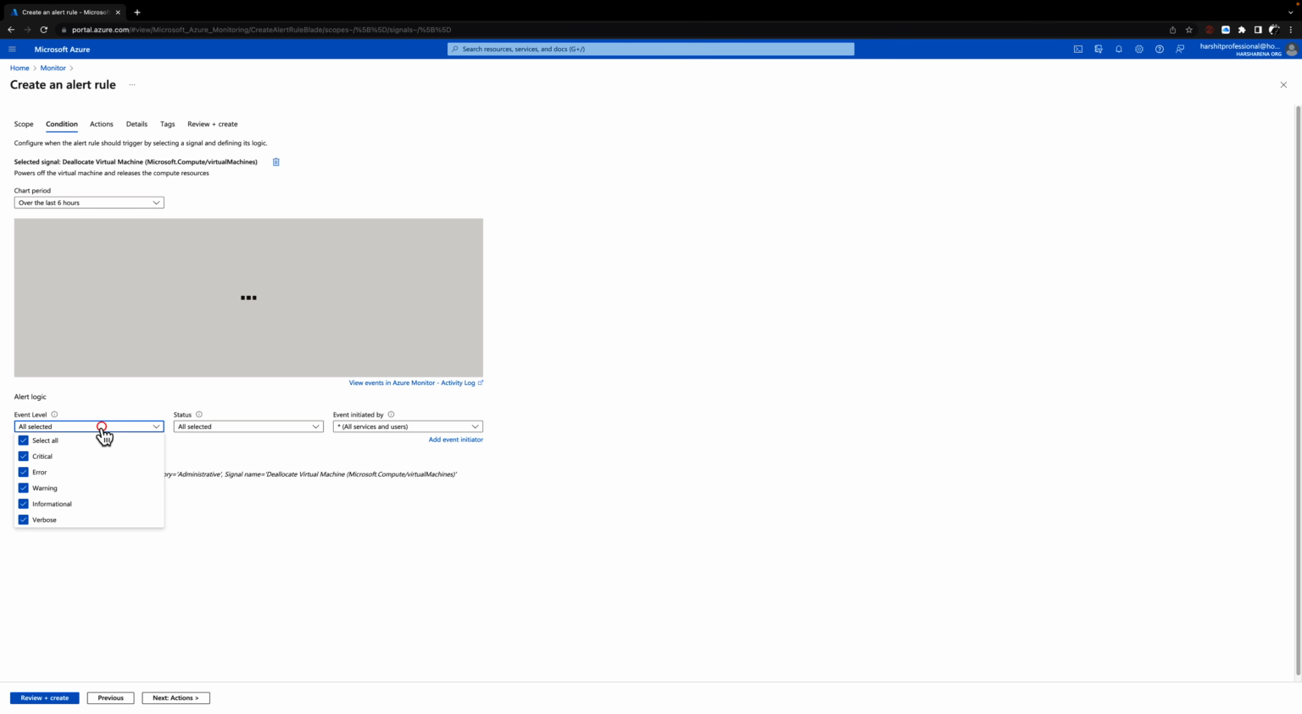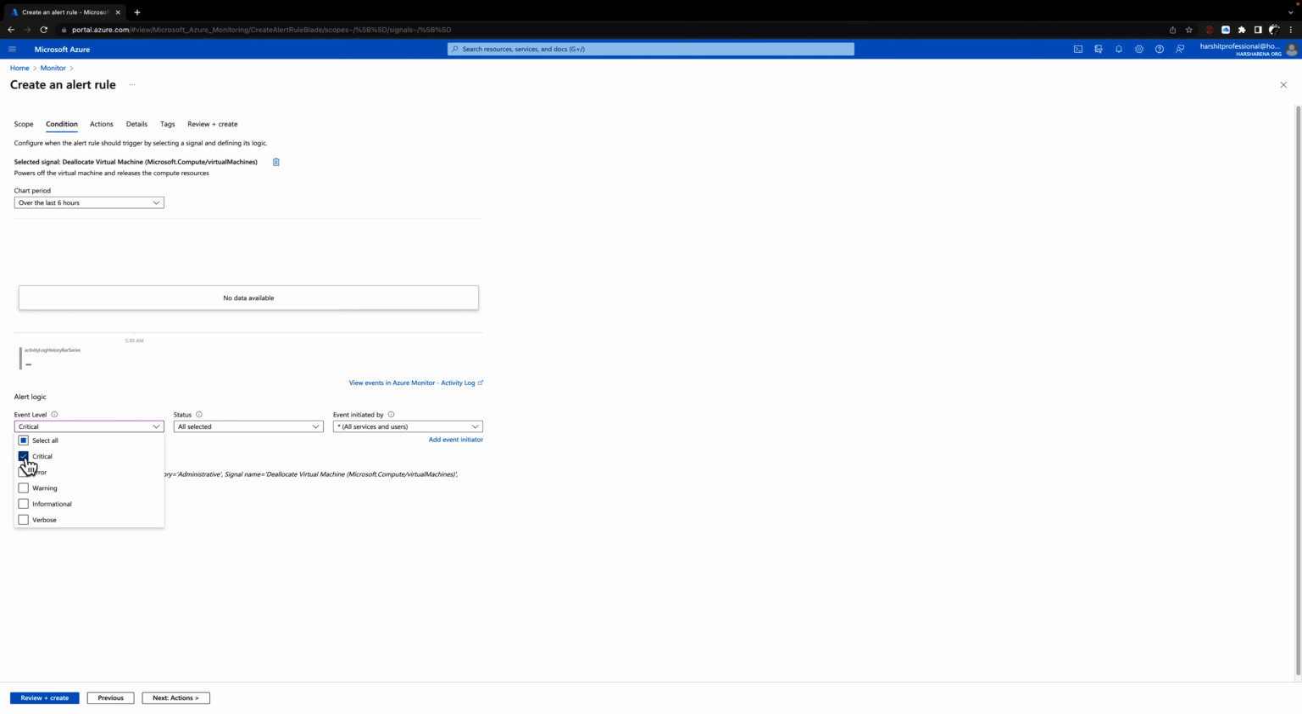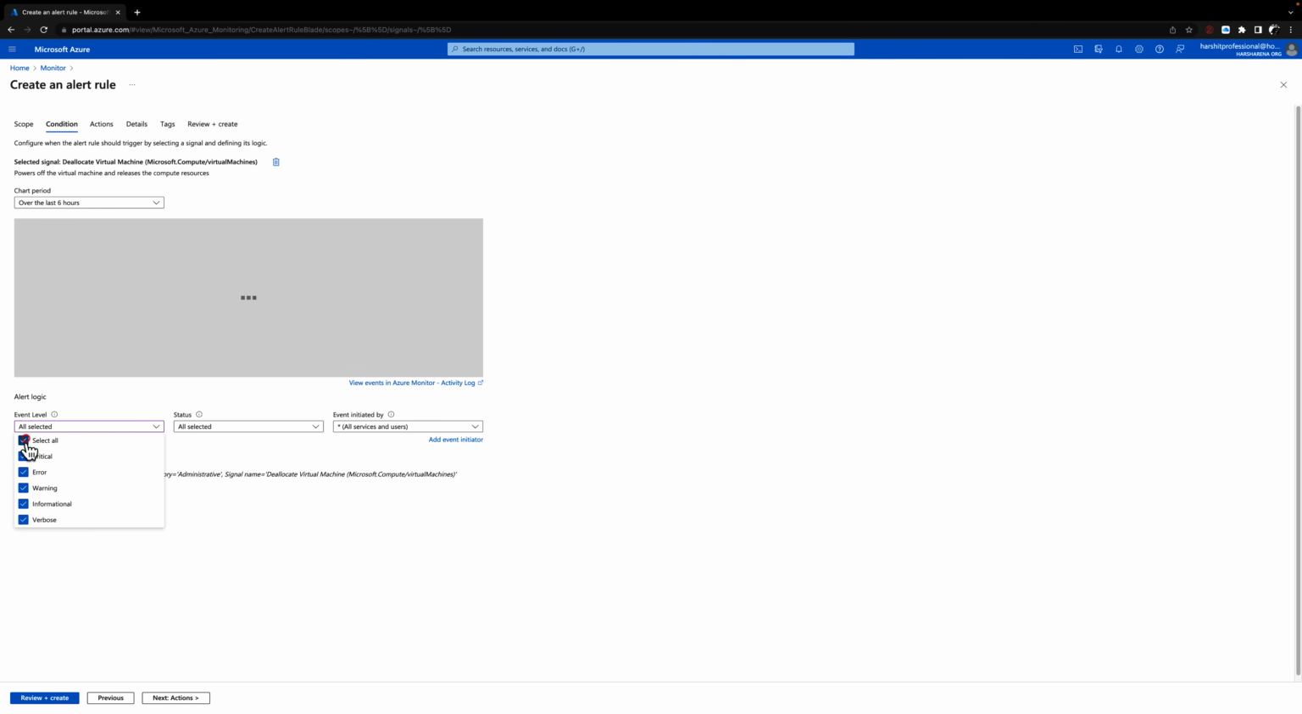And here, event level, you can select which one. I mean, you want a critical one, you want all. So at the moment, I can choose critical one. Let's say, no data available. If I choose any one of them, I don't think so, because I have not configured this one and I have not deallocated my VMs. So make sure you have selected all, because you want to get notified in any condition